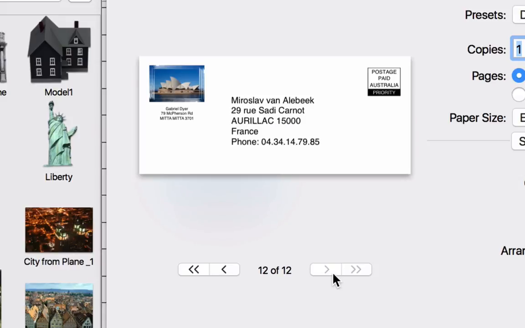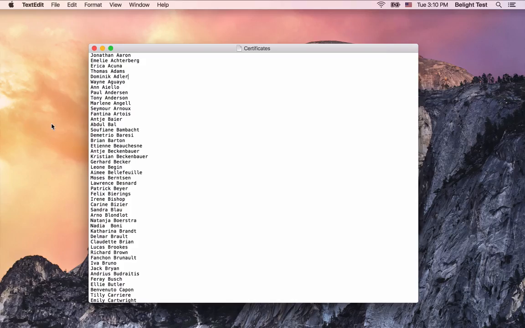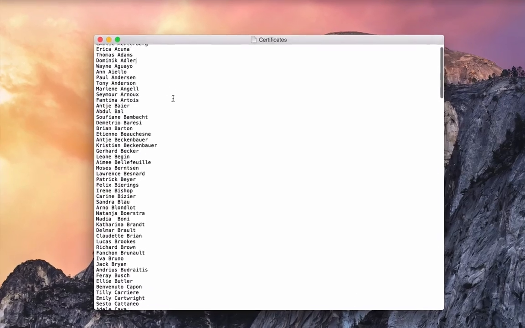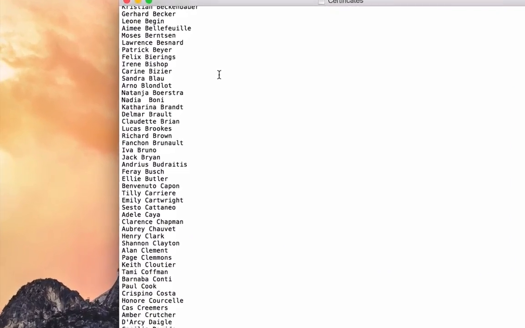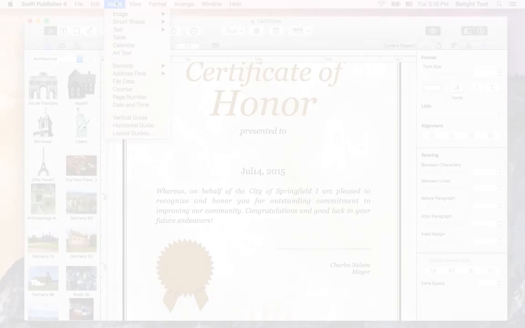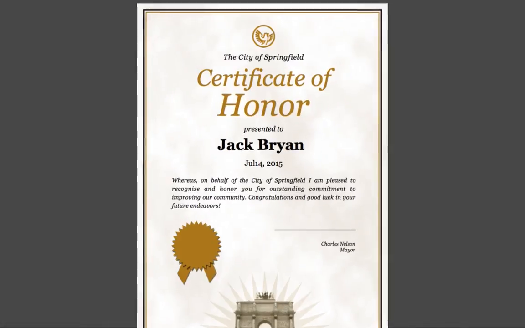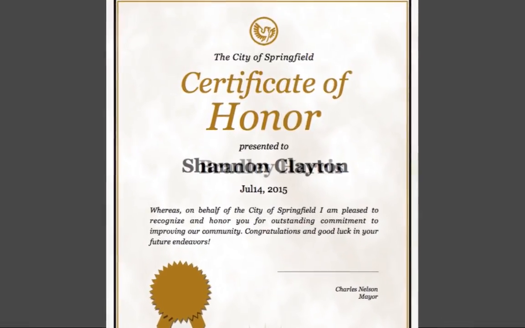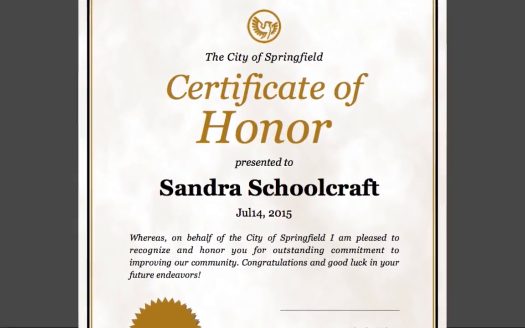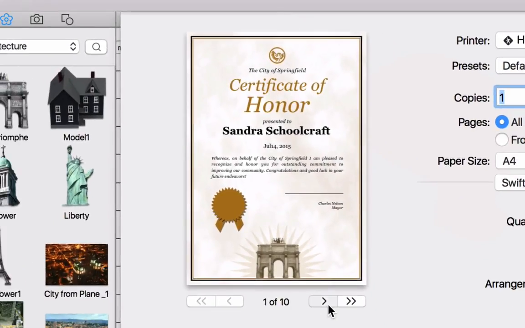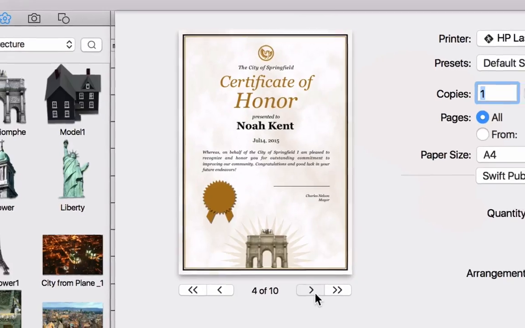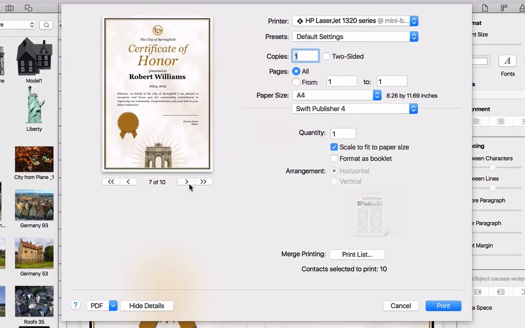The file data field is left. It lets you import data from a text file located on your drive. In the simplest case, each line of your text file will be inserted into a file data field linked to the file. How to set up file data fields is described in the program's help. Again, to preview your design with the imported data, use the Print Preview as we do with addresses.